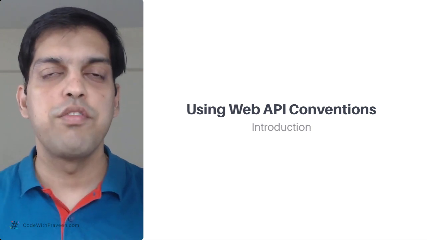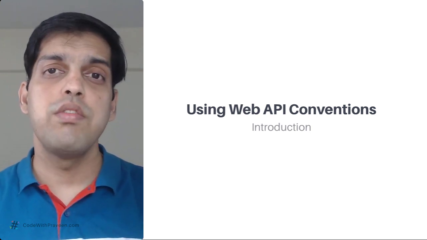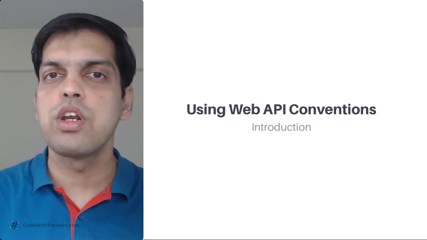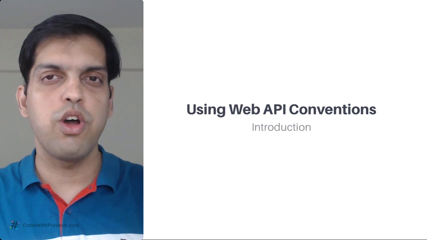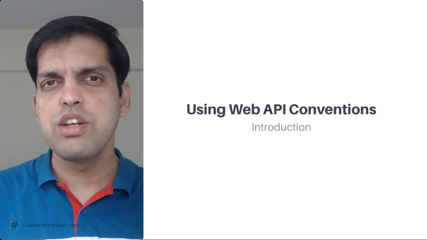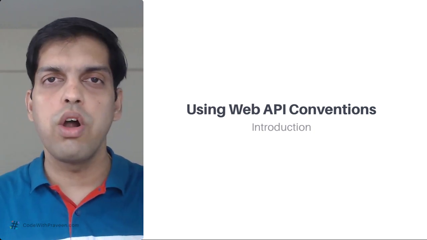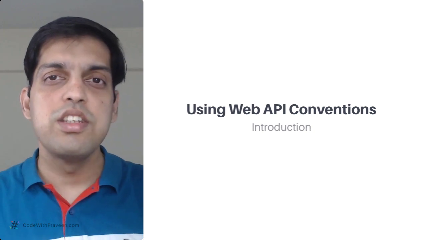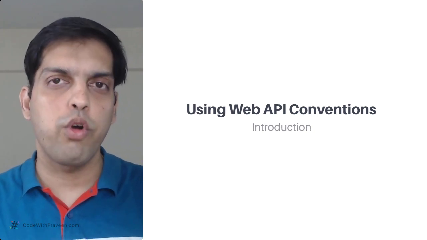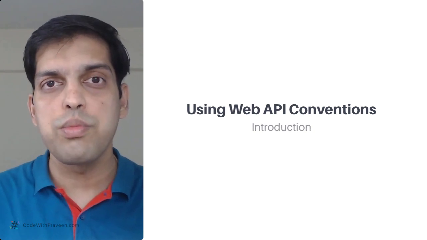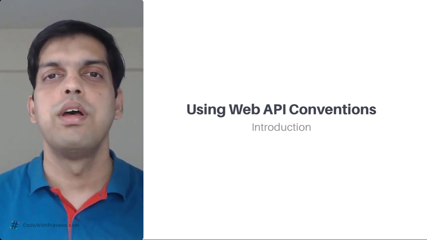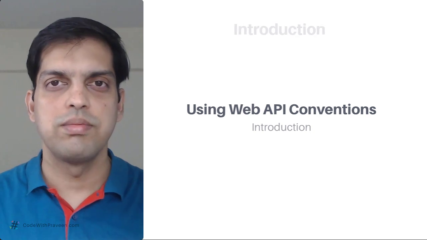Using Web API conventions. In the past section, we had seen how to use one of the features called API analyzers to check the controllers and actions to enhance your documentation. In this section, we will look at a similar technology called API conventions. This is a feature available for Web API projects that is going to automate the generation of documentation using certain producers type attributes. Let's see about this in this section.